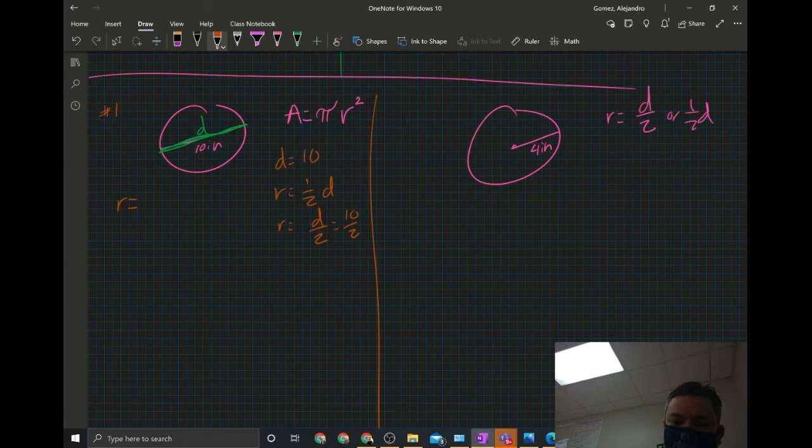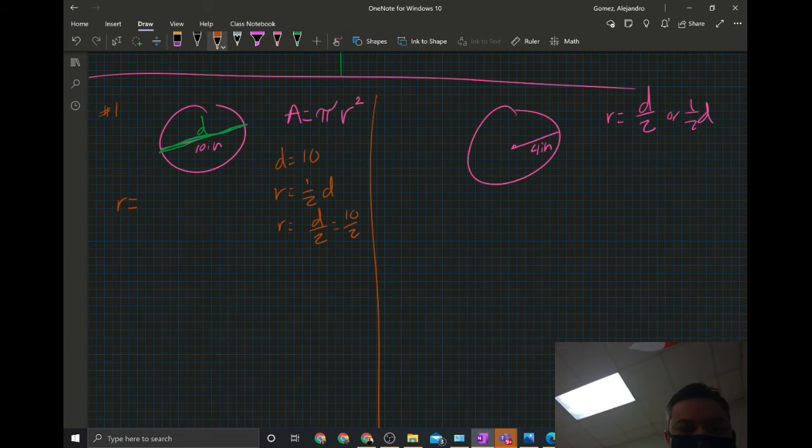Come on guys, speak up. If my diameter is 10, my radius is going to be half of 10, which is 5. My radius is going to be 5. Now, all I have to do is do the formula. Area equals pi, which is always the same,